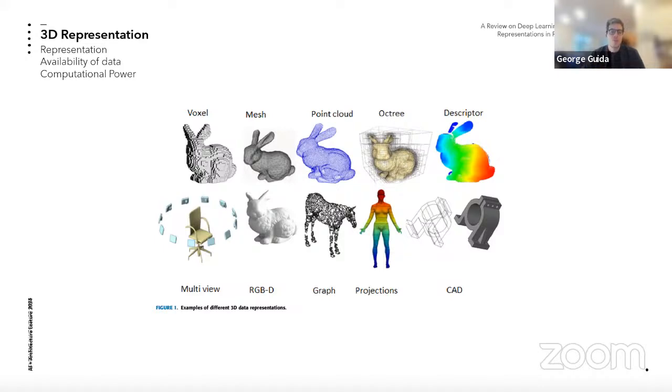Also, you think of the computational power involved, for example, when using voxels. If you want to generate a 64 cube voxel data set, that is a lot of points over thousands of 3D models that you have to train. So if you want to increase that resolution, imagine the computational power needed then.